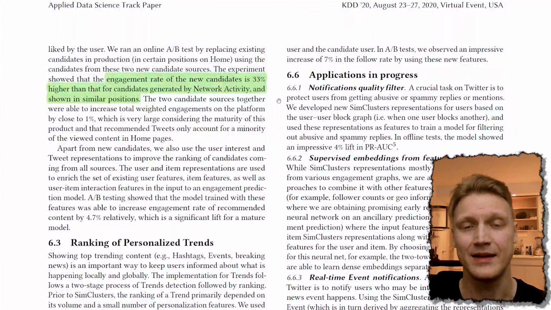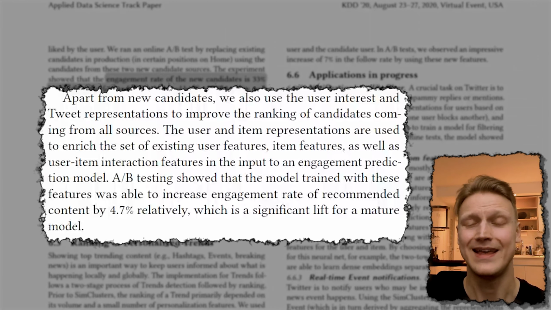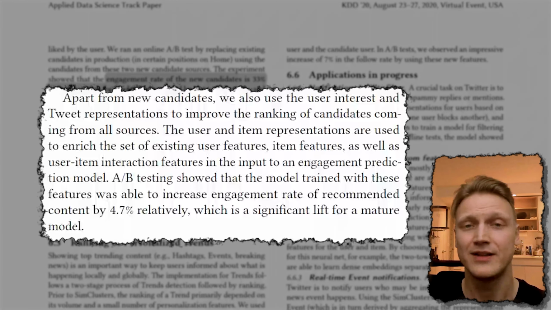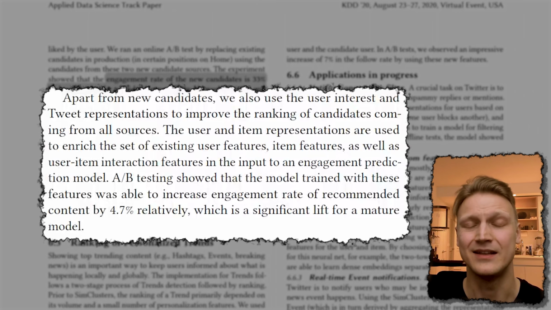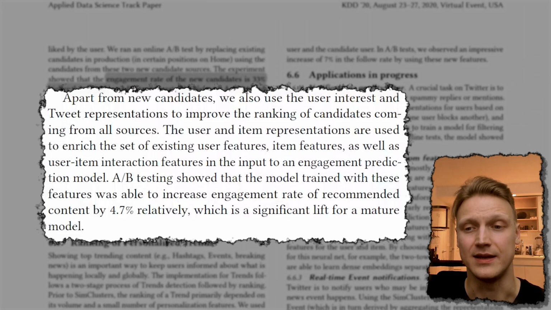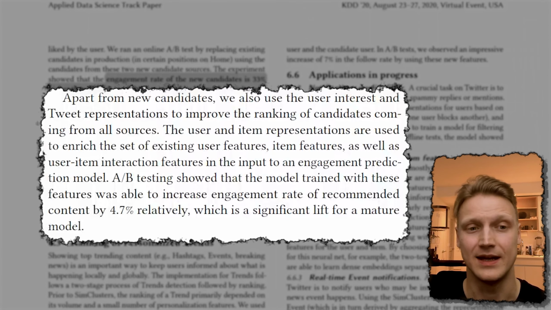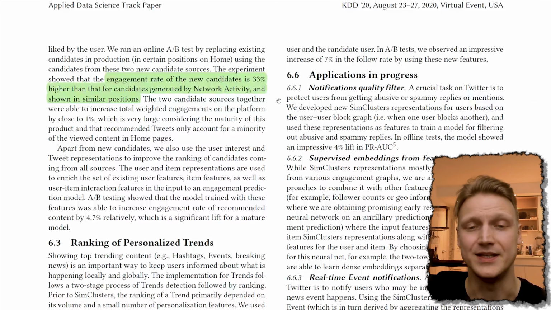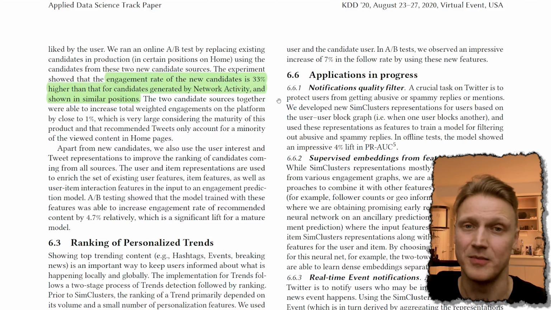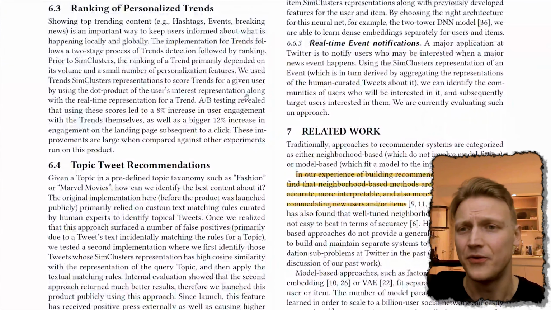And the way they replace one system with another is not like they shut down the old system once a new one is available to take the full responsibility. No. They take it gradually, they control the number of candidate sources sent to the downstream system, and they measure the engagement rate or some other metrics, how the overall system performs. And if it performs better, they decrease the number of sources from the old system in favor of the new one.